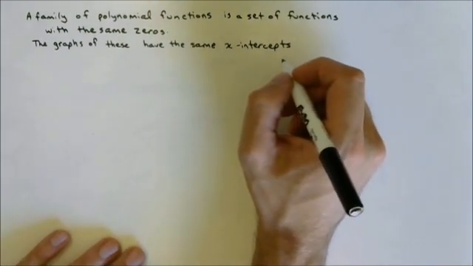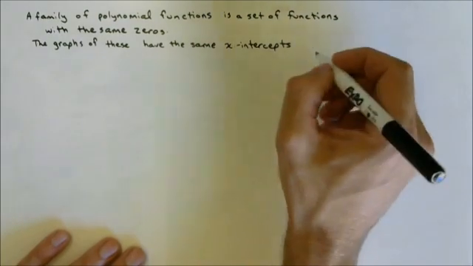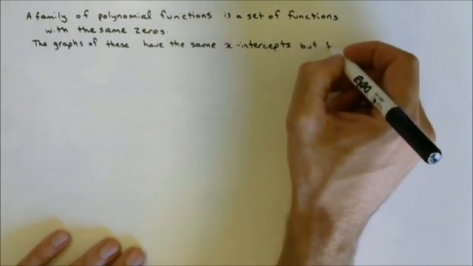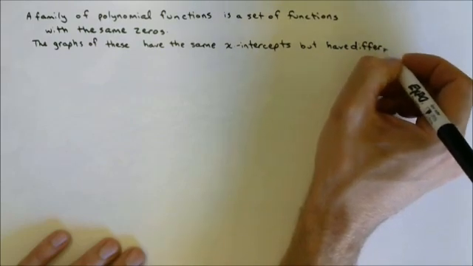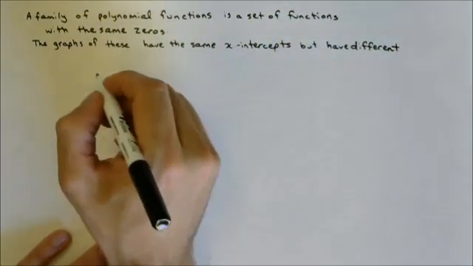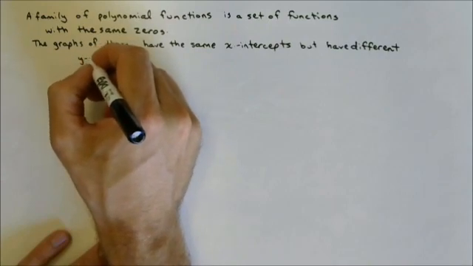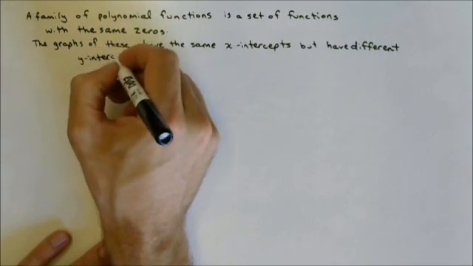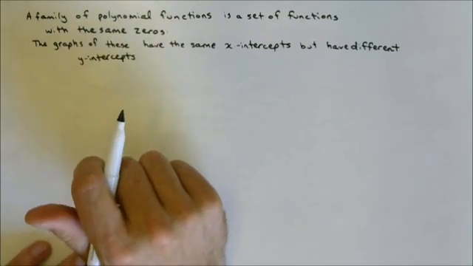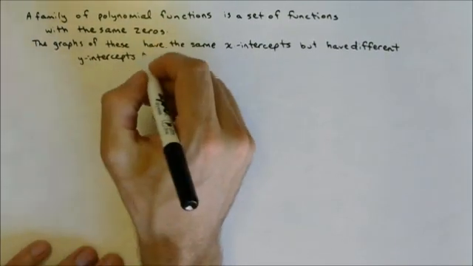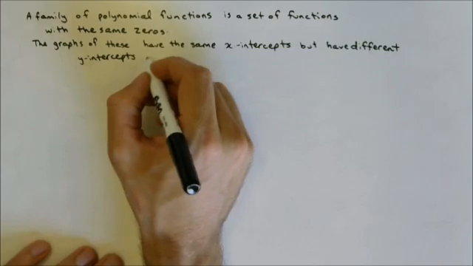That means they'll have the same x-intercepts, but different y-intercepts. If they had the same x-intercepts and y-intercept, they would be the same graph. And this is only not true